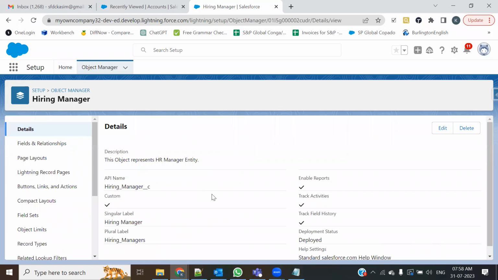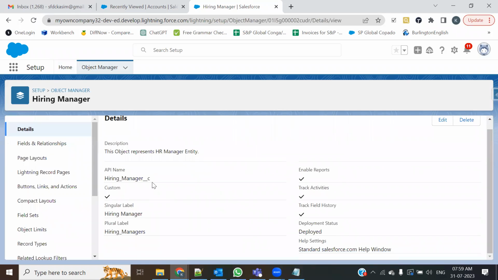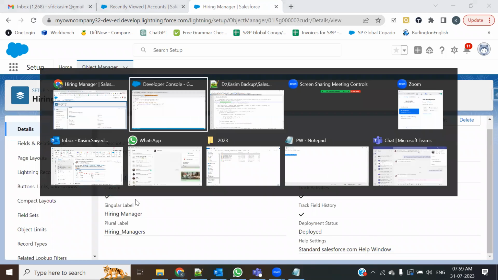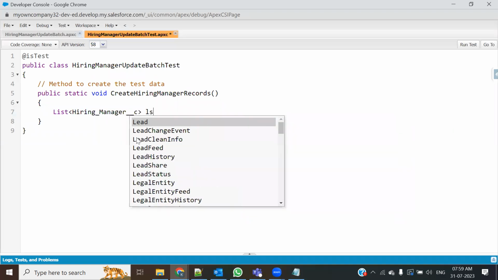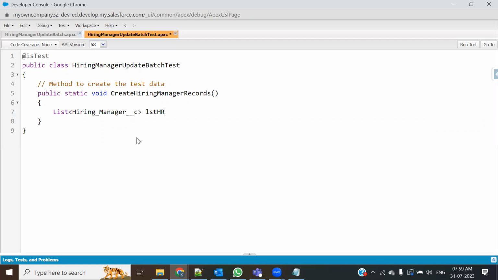Go to details. Here you are going to find the API name. API name is hiring manager __c. Now, instead of creating one, I would create multiple data. So let me do one thing. I'll just quickly define a list collection. List of hiring manager, let's say lstHR